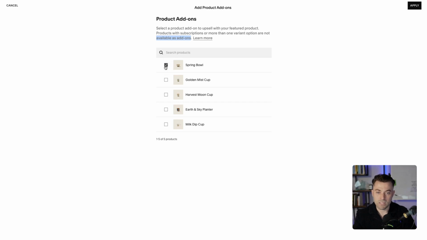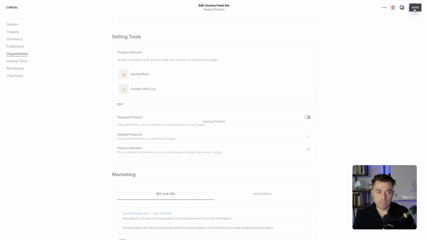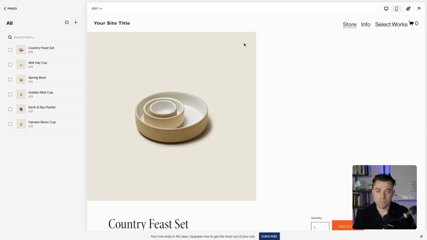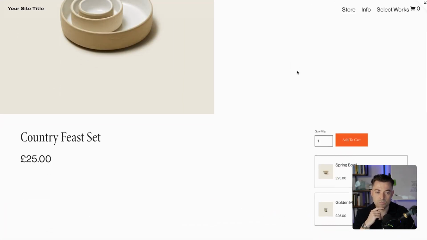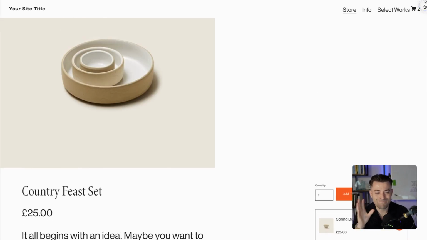So if I put this in, let's say the Spring Bowl and the Golden Mist Cup, and you can select as many as you want, but I'm going to apply those two, and then let's click on save. So when we go back into the Country Feast Set and open this up, you can see we've got these add-ons that we can add to our cart like this. So it almost acts as like a related product or upseller, I guess,